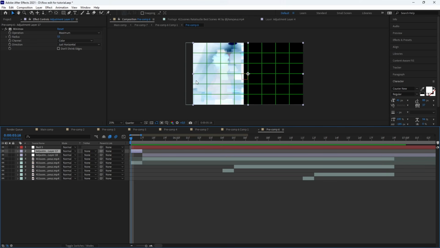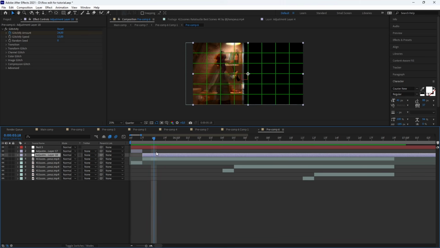And I added also an effect like minimax, just to get something blurry. And here the glitchify effect, so you can see there's a glitchify effect. It's to add more motion for the transition.